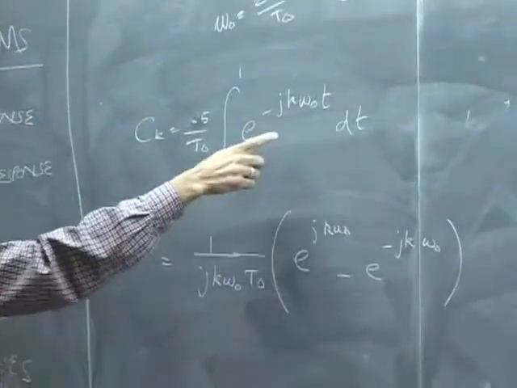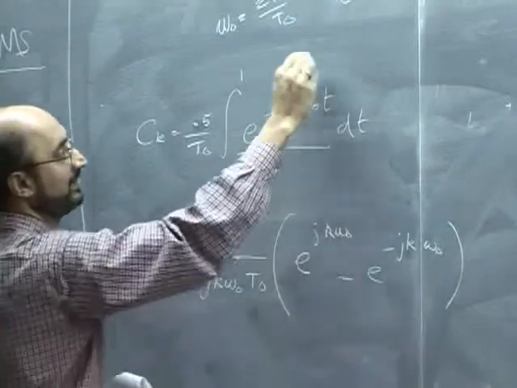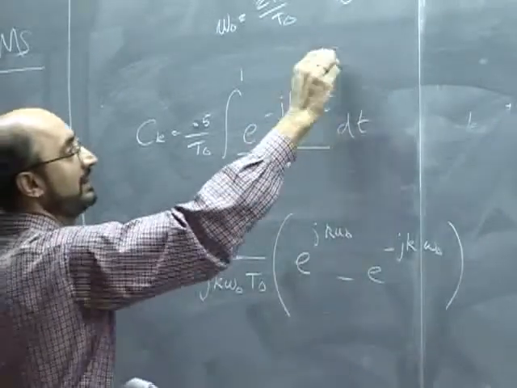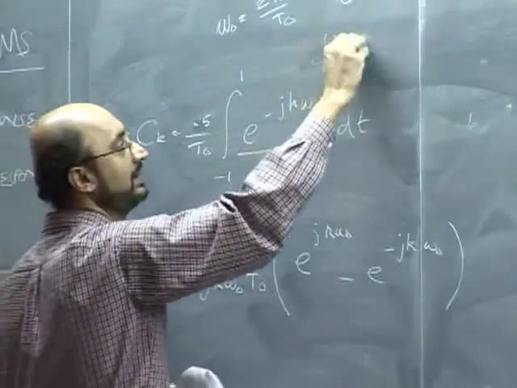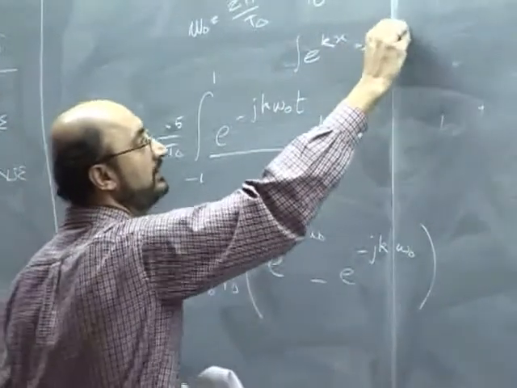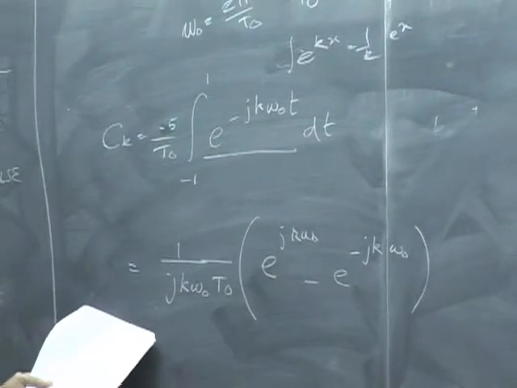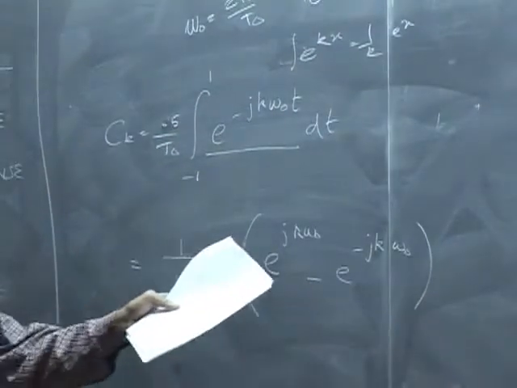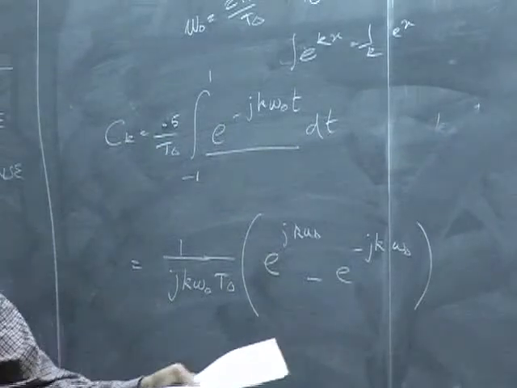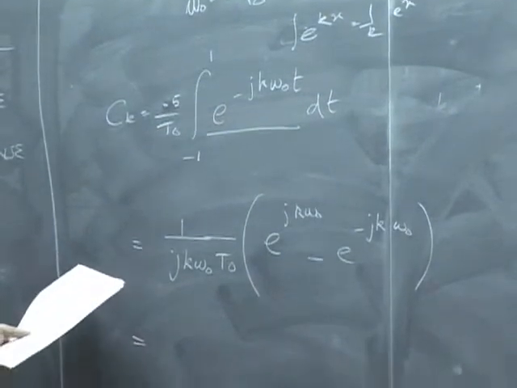Okay, because this integral is just going to, it's just e to the x, right? The integral of e to the kx equals 1 over k e to the x. That's it, it's really trivial. So you just put that in the denominator, like so, and then we evaluate it at the values 1 and -1, and you get that. And this is equal to